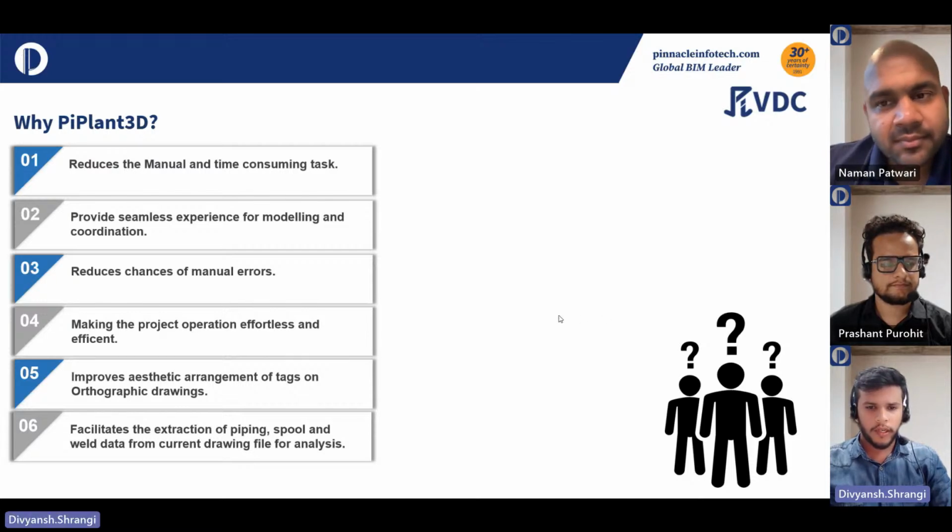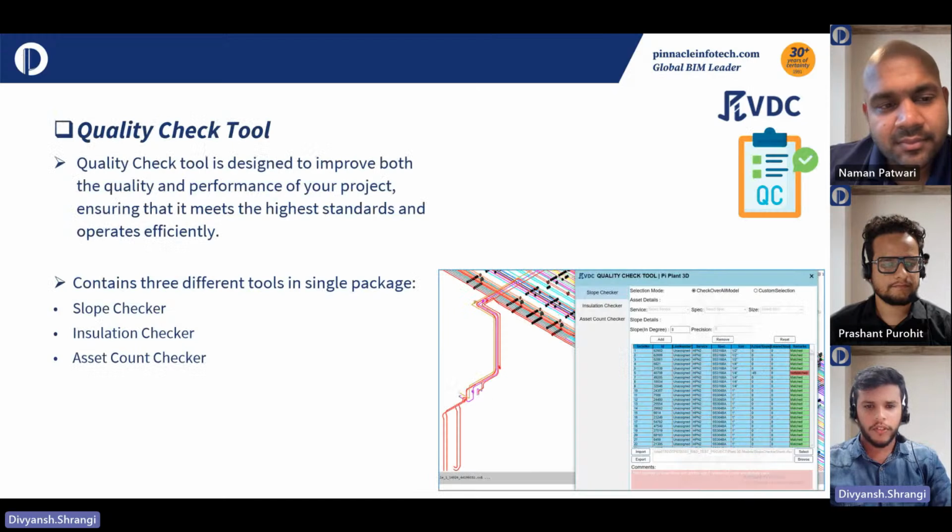So moving to the next, this is our first tool from the Plant 3D tool set. We have various tool sets for AutoCAD Plant 3D, and among them, the first one is this quality check tool. As its name suggests, the quality check is designed to enhance both the quality